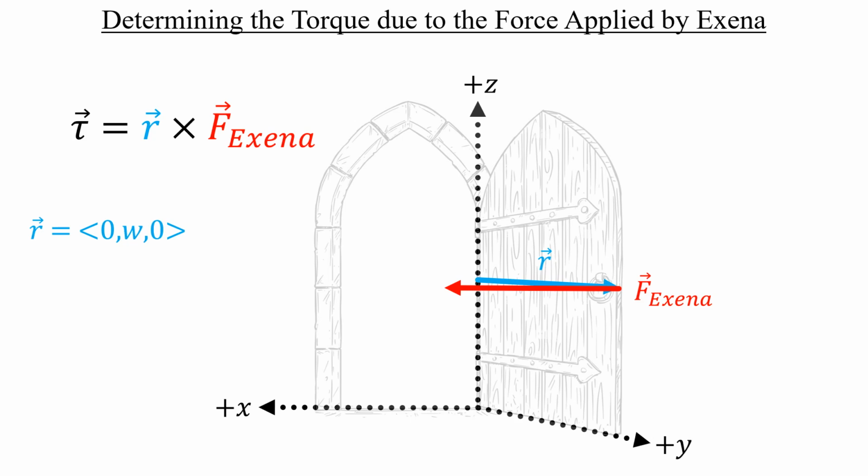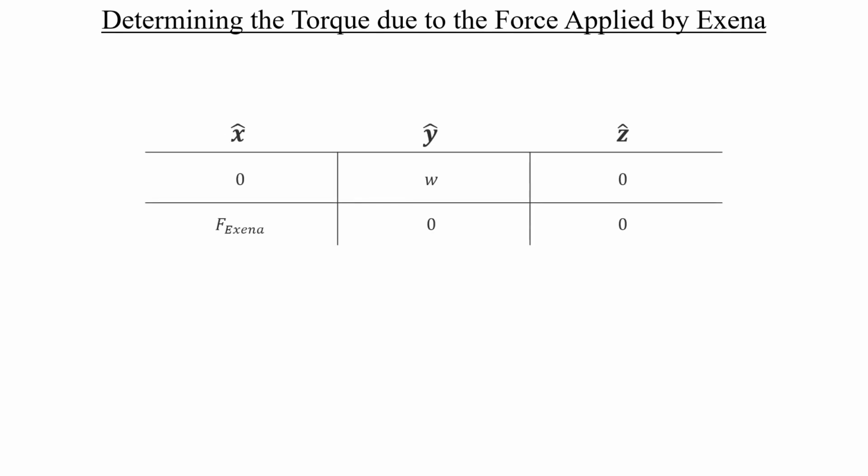As for Exena's force, that vector points purely in the plus x direction, so we can write out its components like this. Next up is the cross product, and the process is exactly the same as we just did it, except now there's a different vector in the second row. Since we know all the steps to this process already, I'll save us a bit of time and jump straight